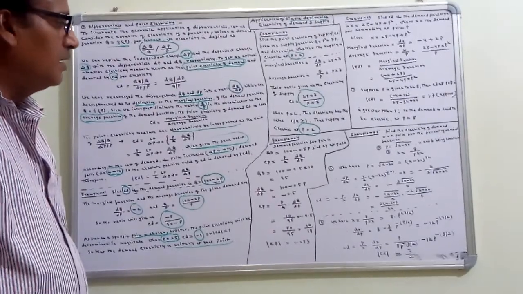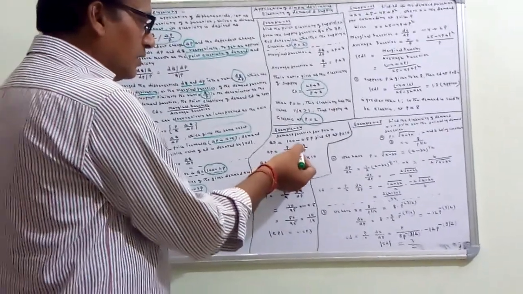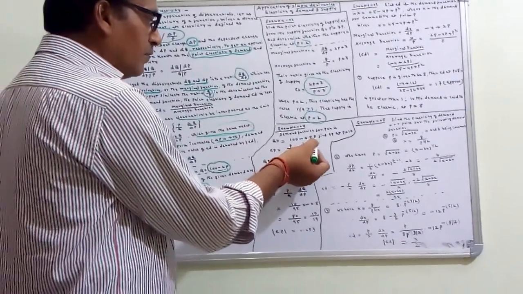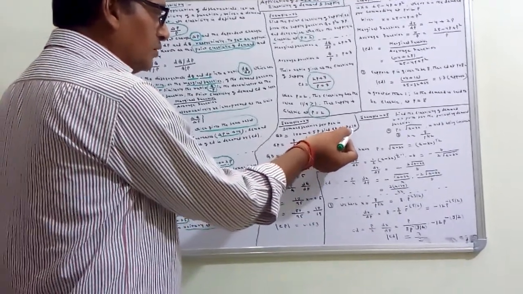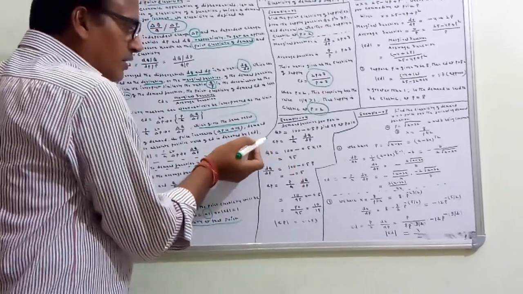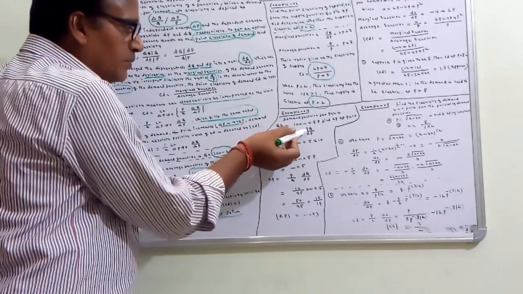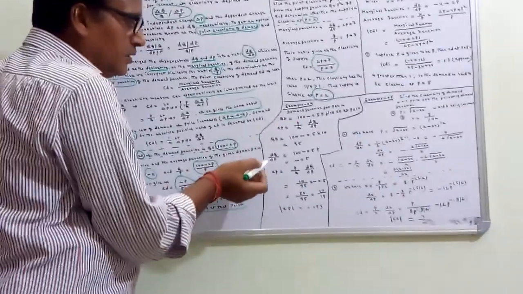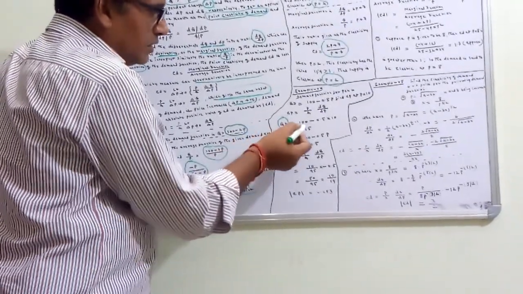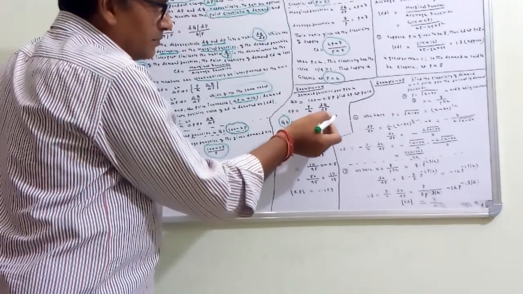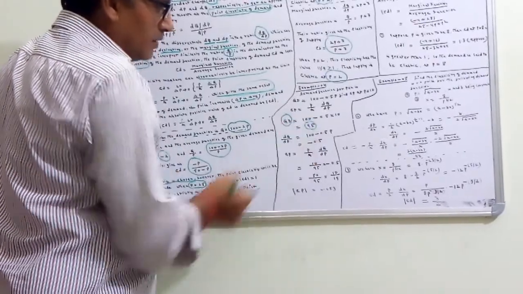Now take for another example. Demand function for pen is QD equal to 100 minus 0.5P. Find elasticity of the price at P equal to 10. Now elasticity of price, denoted by EP, equal to P by Q into differentiation of Q with respect to P. Now here we will have to find QD, 100 minus 0.5P, P here is 10, putting the values of P, we get here QD 95.